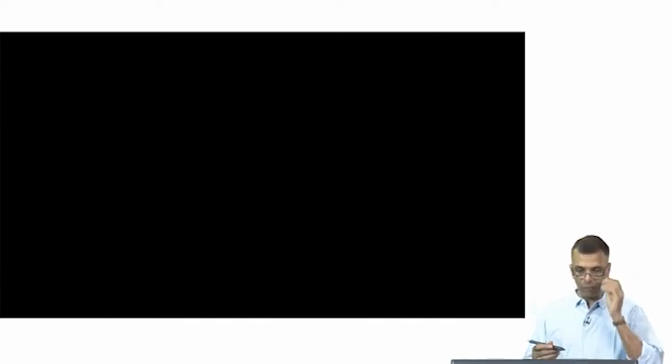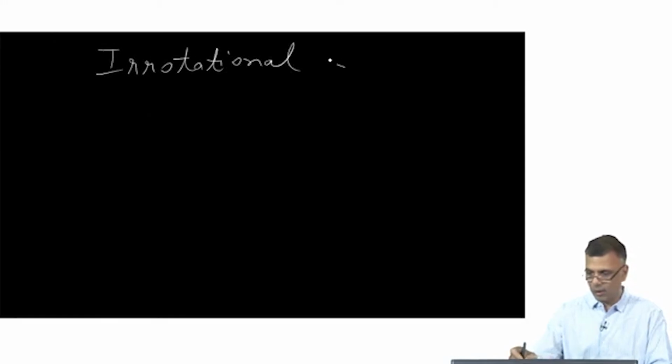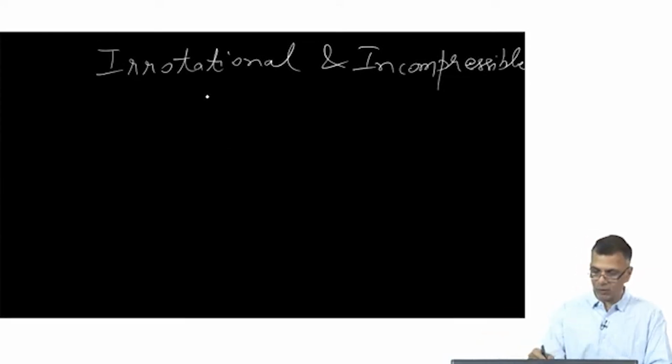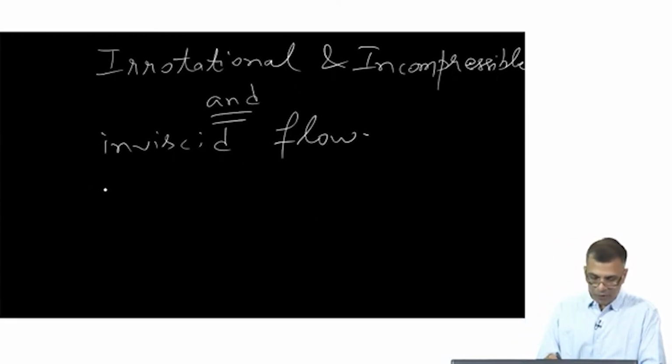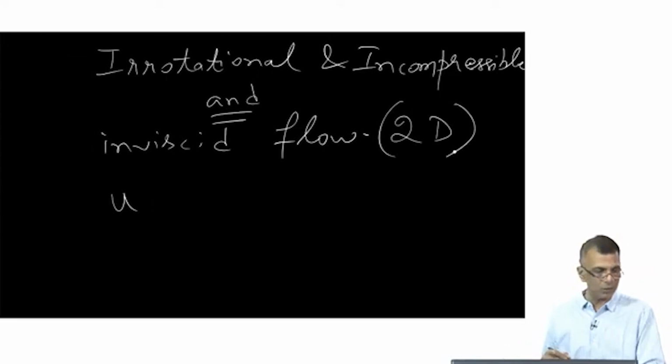So, what we first said was that if we are talking about an irrotational and incompressible and of course inviscid flow, in this case, and for now let us specialize to 2D flows, the velocity can be expressed as the